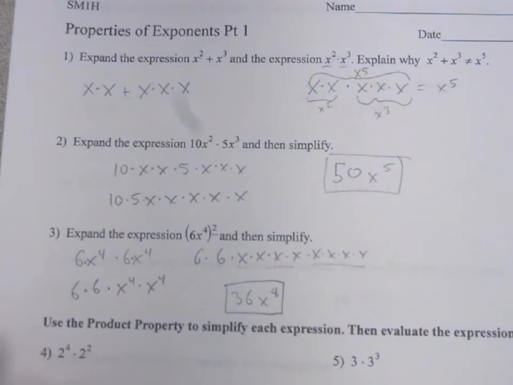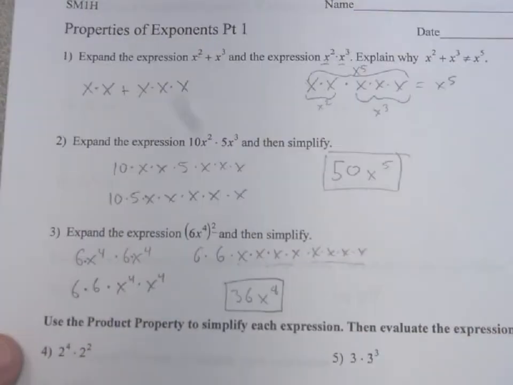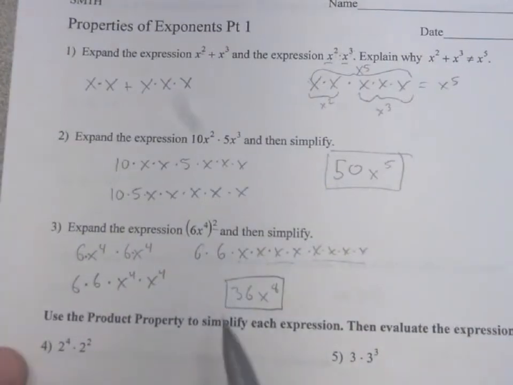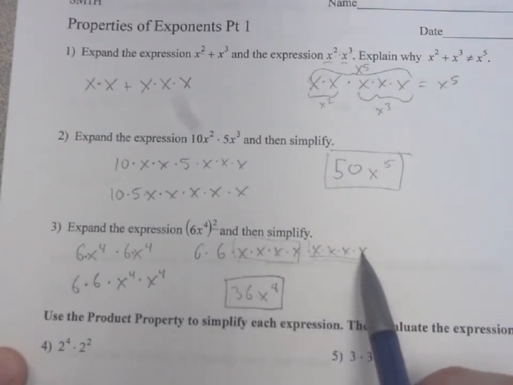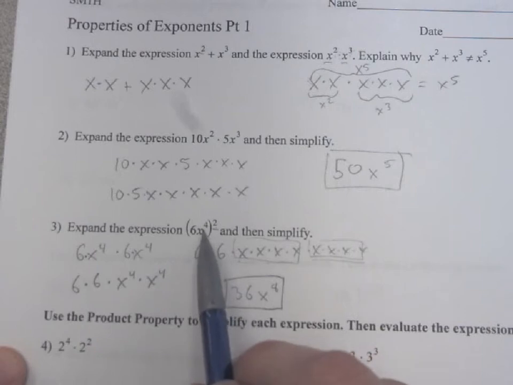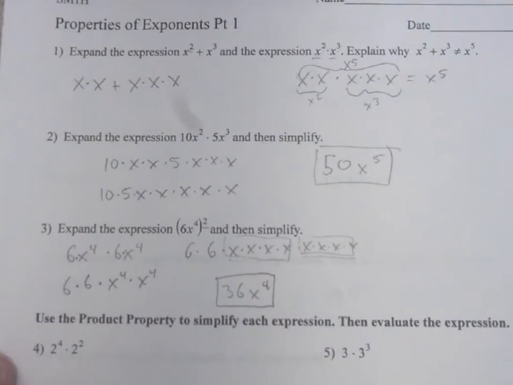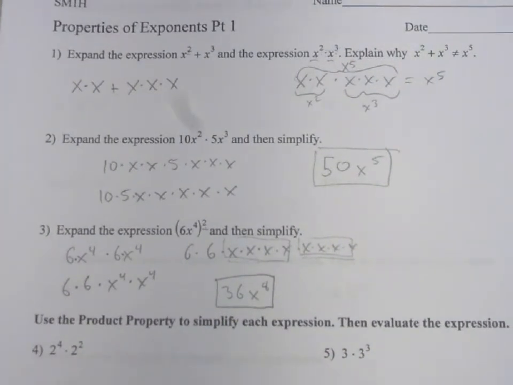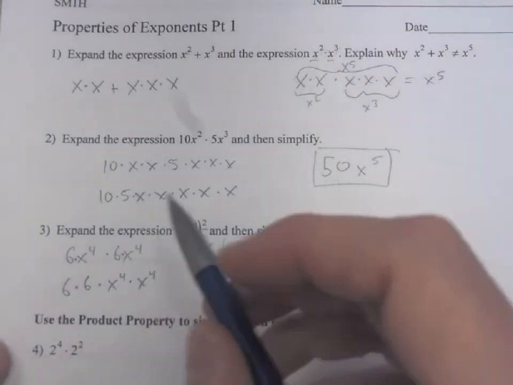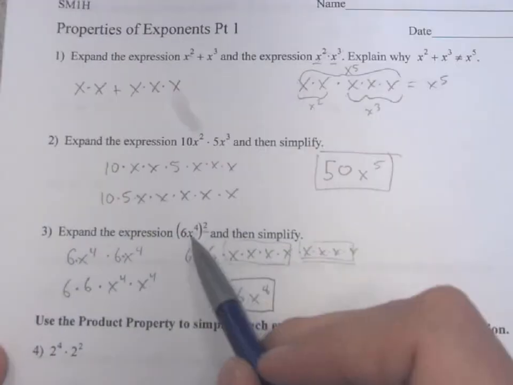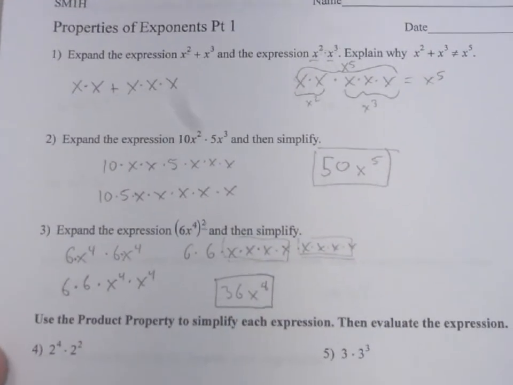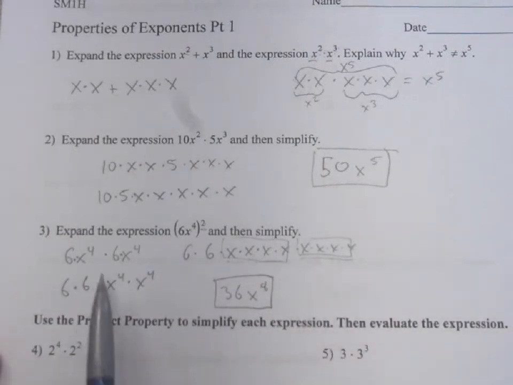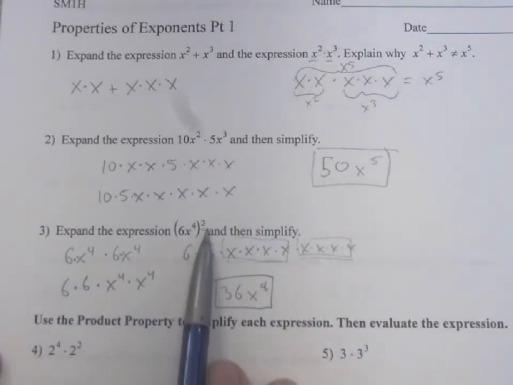Okay, so notice that we started out with a 4 and a 2 in terms of the powers that we have, and so you can think about this as 2 groups of 4 x's. Okay, 2 groups of 4 is 8. So one of the properties we talked about, the power property, is when you have a power raised to another power, you actually multiply those 2 powers to get the final power. So 4 times 2 is 8,